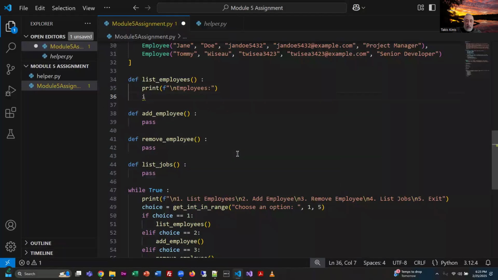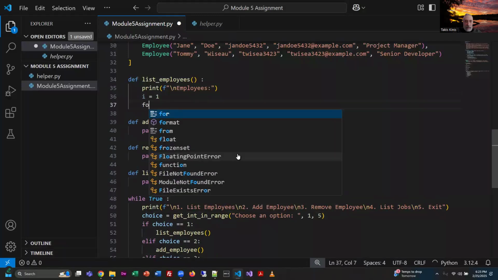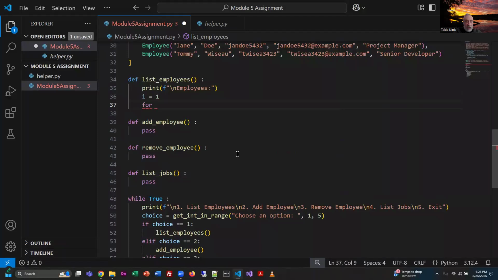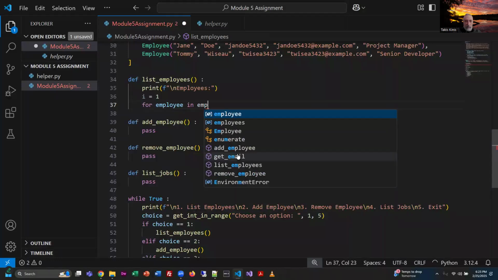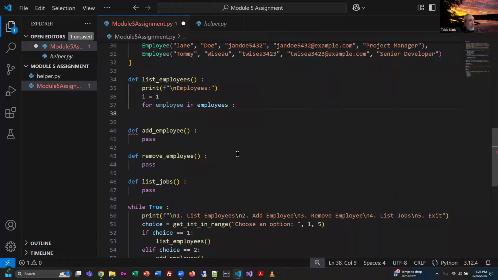I'm also going to set up a counter variable here because I am going to go into a loop, and I'm going to be using this to set the number in front of the employee because that's what the example showed. So I'm going to set up a for loop here, and I'm going to say for each employee, singular, in the employees list, we'll do the following task. We will first